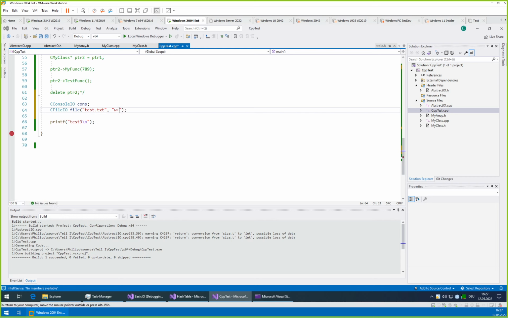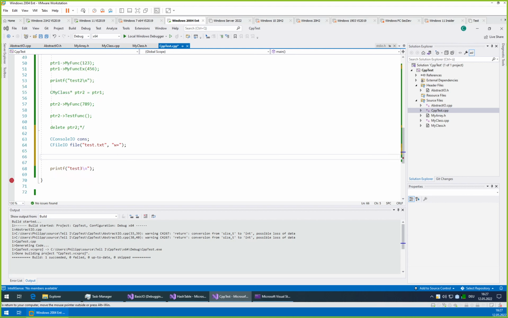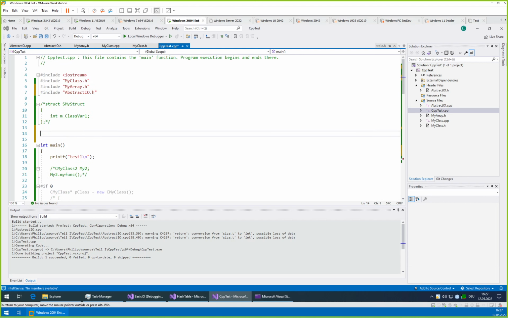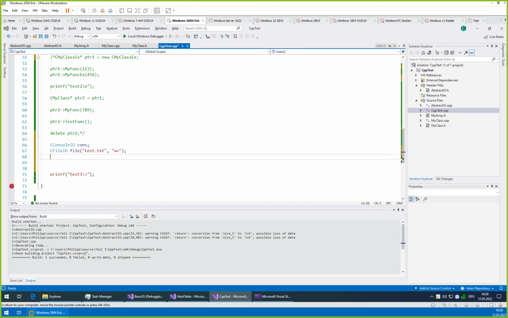Let's do w plus. And now let's make a function which will take, say, abstract IO asterisk IO as an argument, and now we can pass both of those objects we just created, will point us to those objects, to our writer.